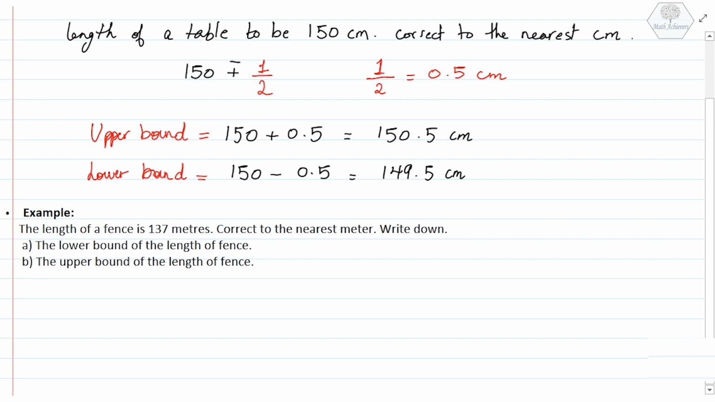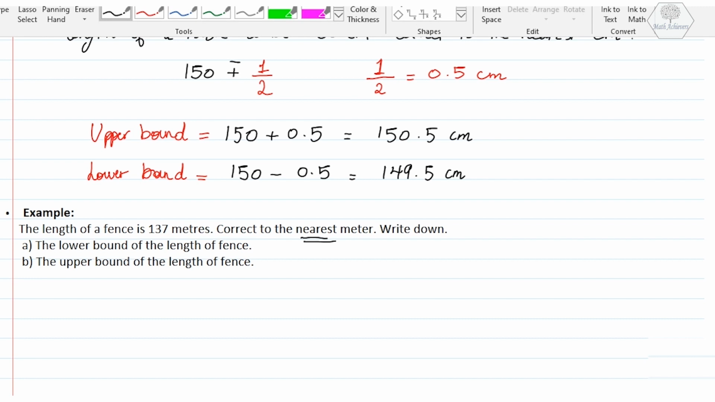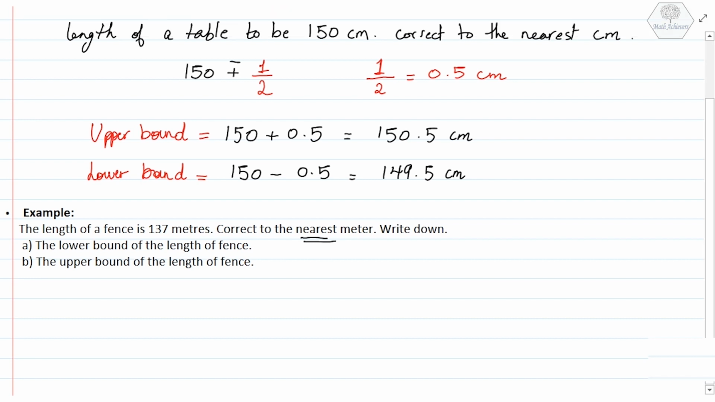The first thing I have to find out is my uncertainty. So I have it's to the nearest 1 meter. So I will have the 1 meter divided by 2. So it's 0.5 meters. So now for my solution for part A,